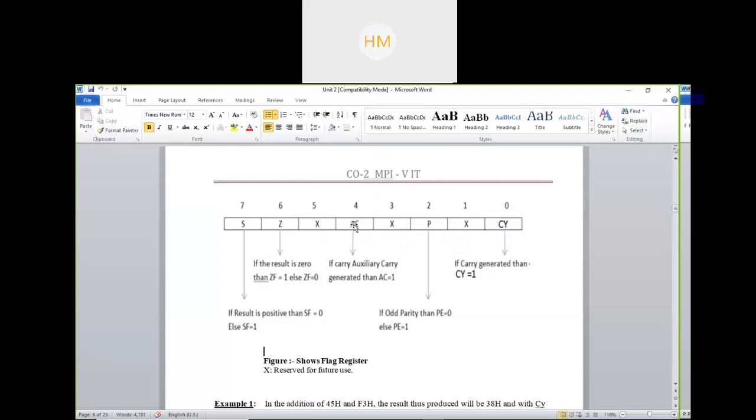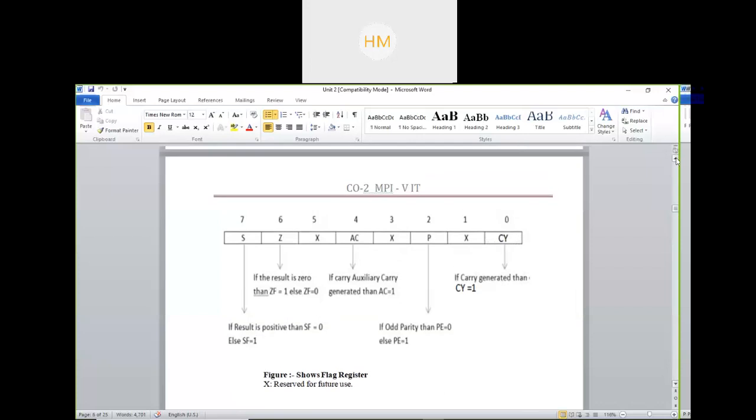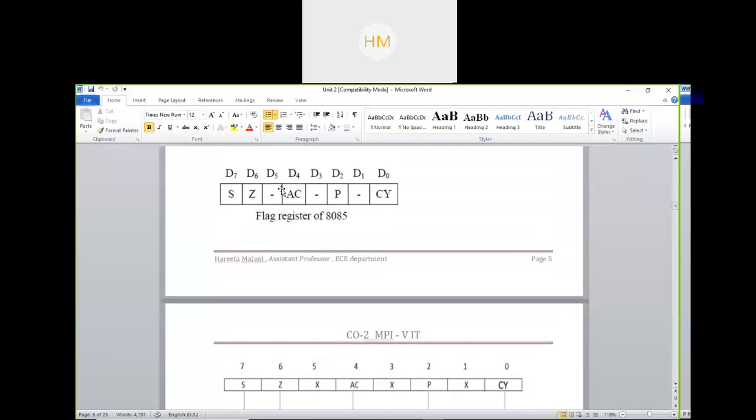Then you have auxiliary carry, then parity, then carry flag. CY is my carry flag. So this is a simple diagram: sign, zero, auxiliary carry, parity and carry.